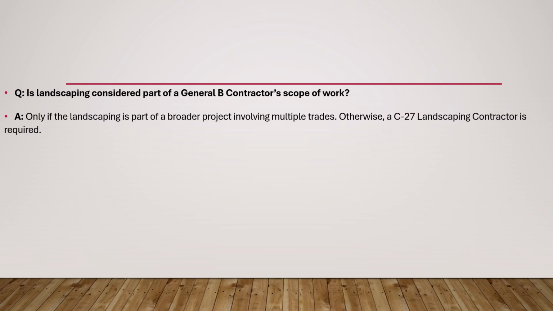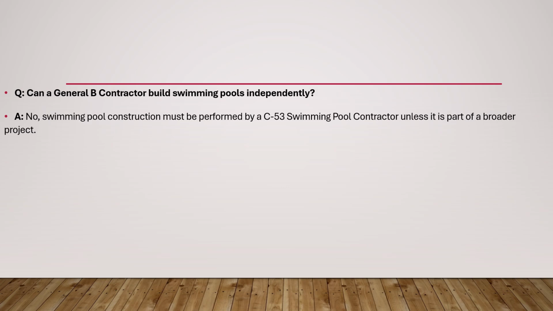Is landscaping considered part of a General B contractor's scope of work? Only if the landscaping is part of a broader project involving multiple trades. Otherwise, a C27 landscaping contractor is required. Can a General B contractor build swimming pools independently? No. Swimming pool construction must be performed by a C53 swimming pool contractor unless it is part of a broader